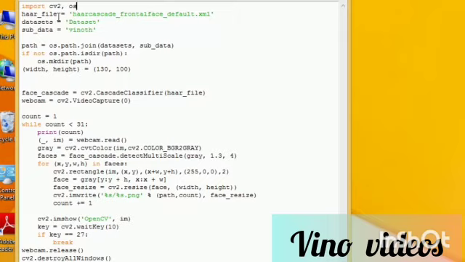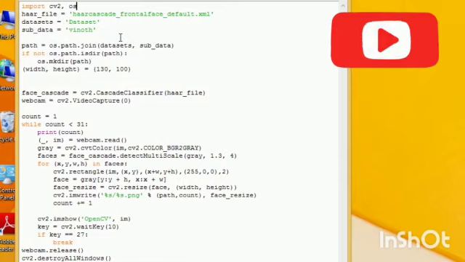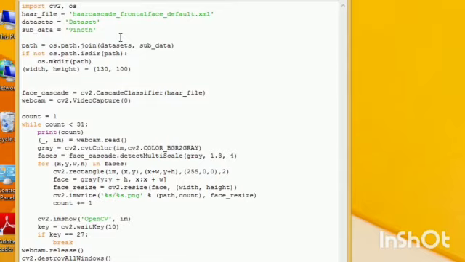We already discussed, right? It is like a ready-made project. We just directly download it from the internet and store it in our project directory. Without this haar cascade frontal face algorithm we cannot detect and recognize the face. And the next one, we need to create a dataset. Here the dataset, as we already discussed, contains our detected images. So that folder contains our detected images.